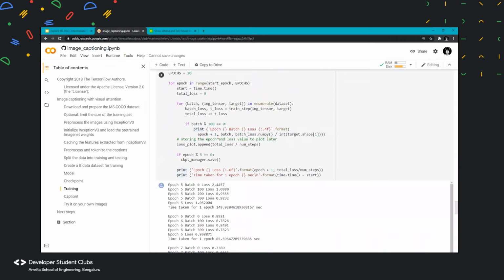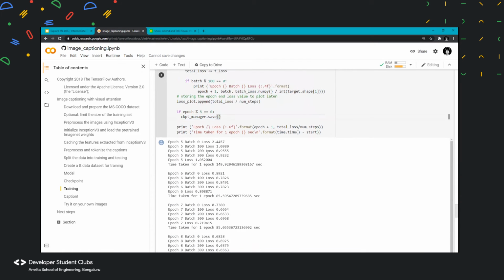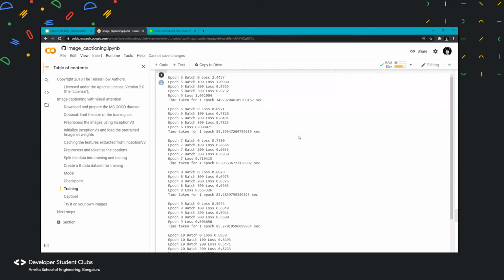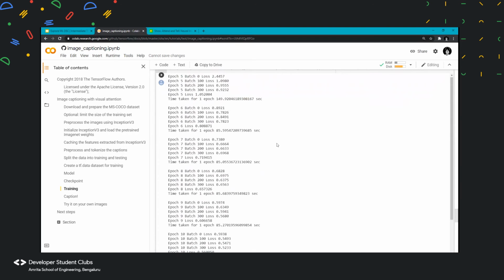For each 5 epochs, all these checkpoints are being saved automatically by the function, and we are printing all the results here. As you can see, this particular model took nearly 20 minutes to get executed, so it would take more time for you.